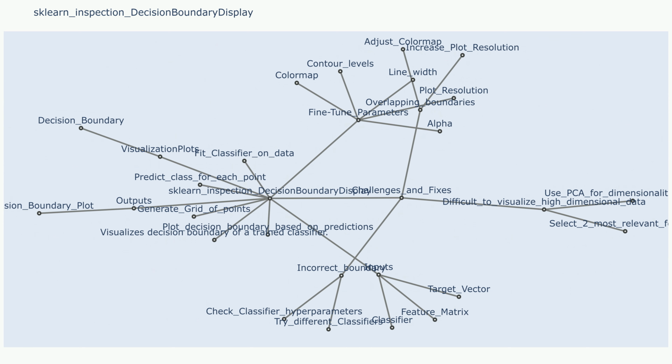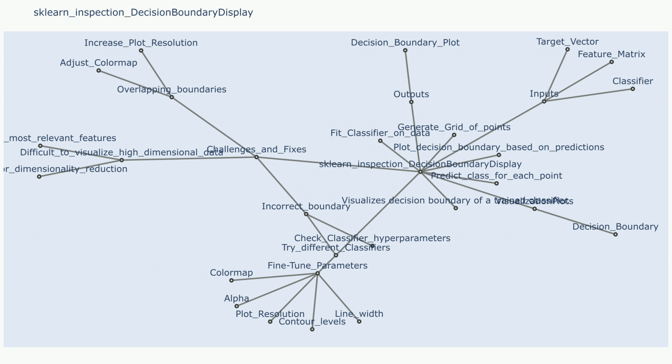Parameter 4: xlabel. This parameter allows you to set the label for the x-axis of the plot. Parameter 5: ylabel. This parameter allows you to set the label for the y-axis of the plot. Parameter 6: title. This parameter allows you to set the title of the plot.